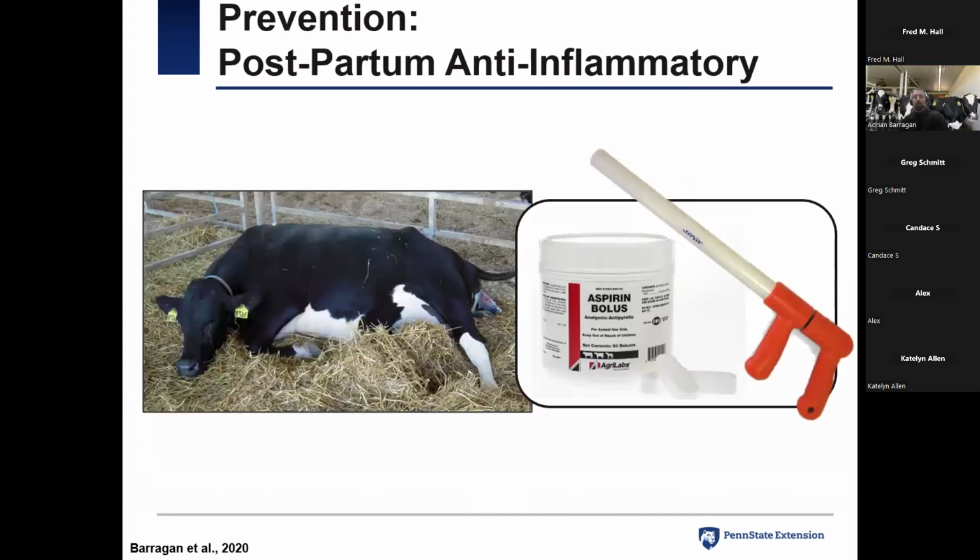All right, what about prevention? We're going to wrap up with a couple of slides about prevention. I know there is a lot of debate about medication these days, so we're not going to get into that area. Happy to answer questions about this at the end, or if you want to send me an email or give me a call, more than happy to talk about this. But I'm just going to focus on the research that we have done and the effect on preventing metritis, right?